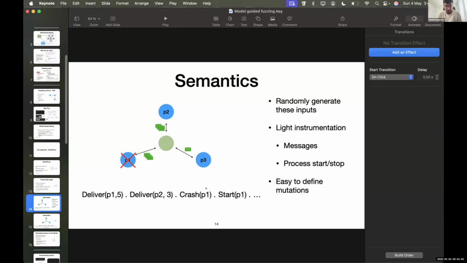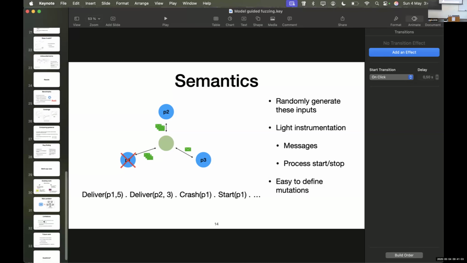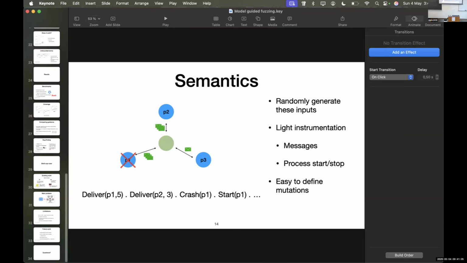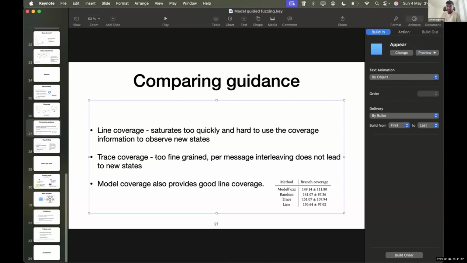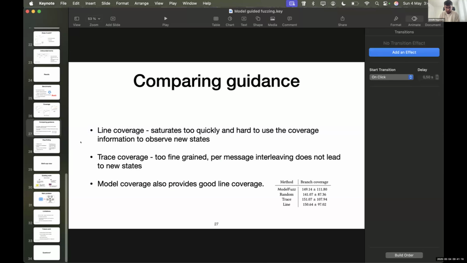Is there a difference between model-based testing and model coverage and trace coverage? You mentioned line coverage and trace coverage, and I wanted to understand the difference between model coverage versus trace coverage. By trace or line coverage here, I should have spent more time on this.